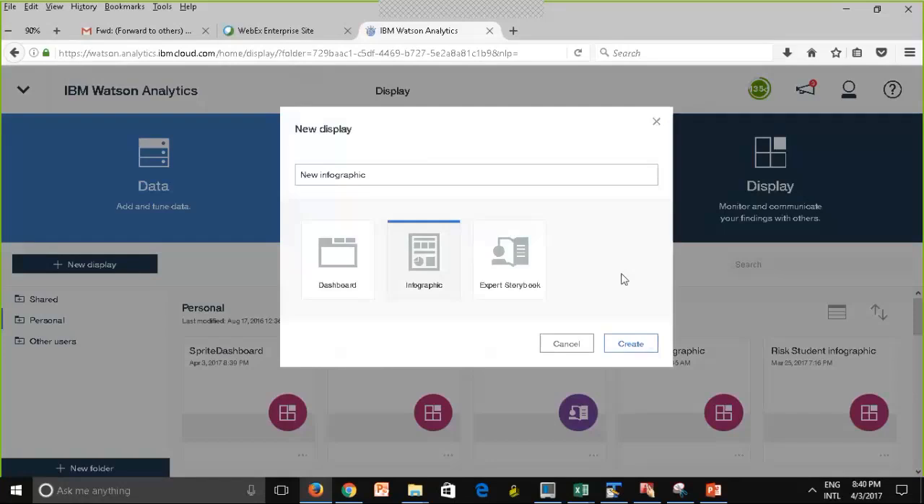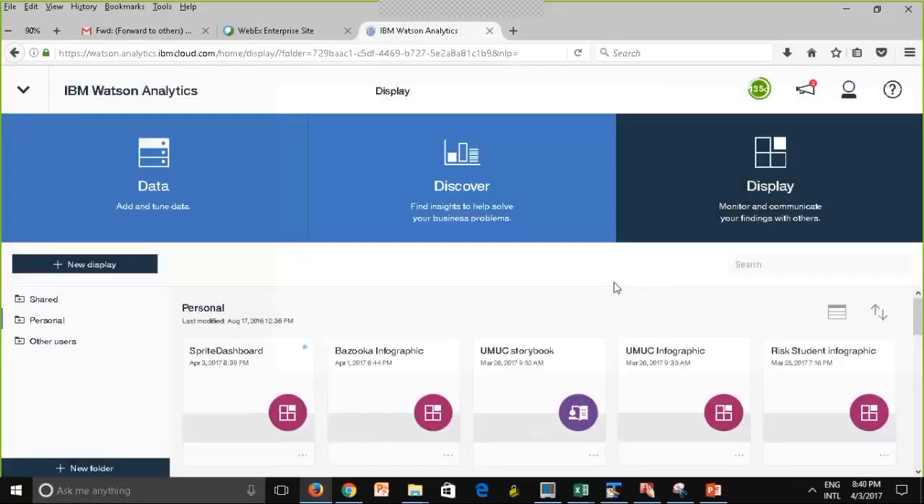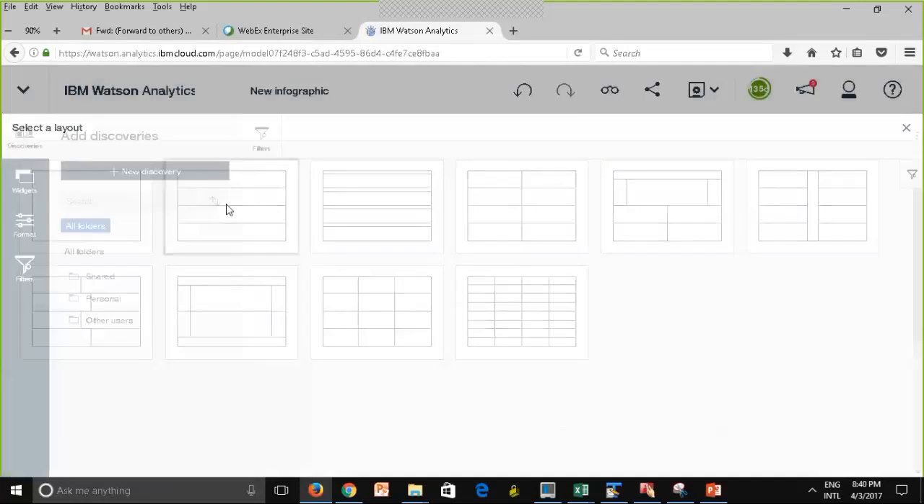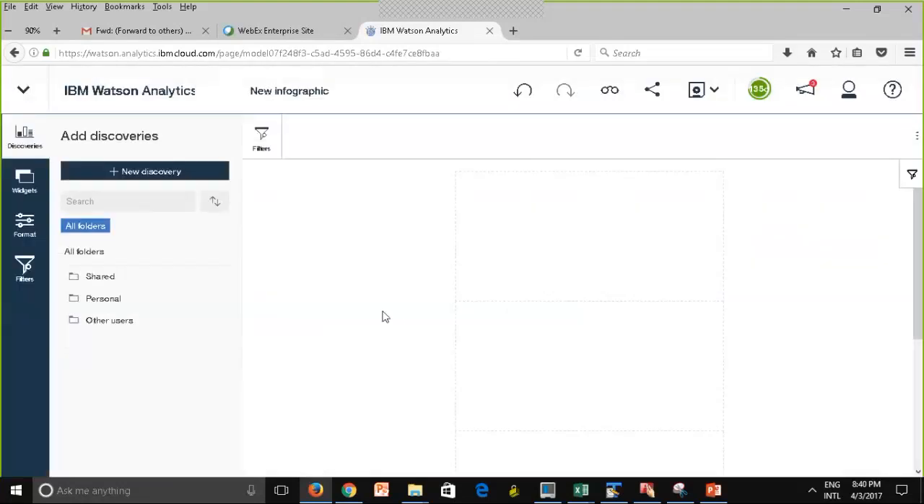So basically you have all of your visualizations on a single page, and you also have a choice of the layout. I'm going to pick this one right here. Now, what I could do is I can also drag and drop the displays. I can drag and drop, I'm sorry, not the displays,